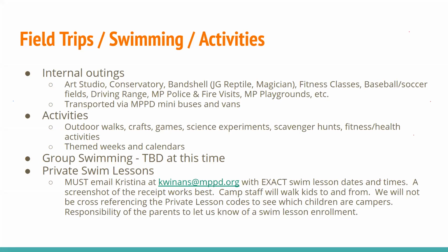Other activities will be pretty similar to regular camp. A lot of outdoor time, walks if we can around this area, different crafts, games, science experiments, scavenger hunts, fitness and health activities. Just different things to get the kids engaged and having fun. Camp staff will be creating themed weeks and calendars, which I'm actually going to share with you one right now